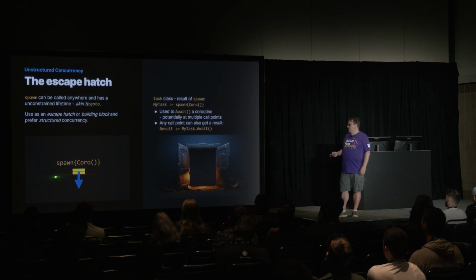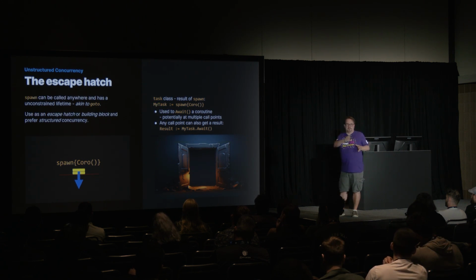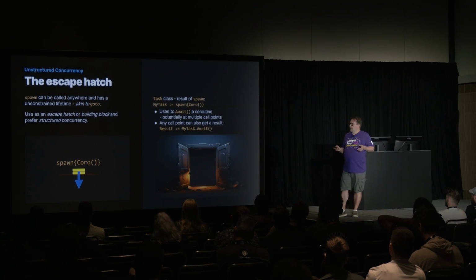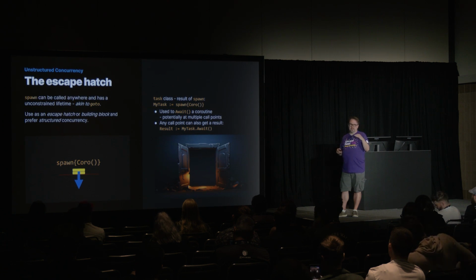Anyway, if the scope that you're in has ended, it doesn't matter. It keeps on going. The other thing that's interesting about spawn is it returns a task. We call a time flow path a task. So it returns one of these task objects to you, and it's got an await command on it. Even though you've launched it and it's going to take however long, you can, at any other point in the code, say task.await, and it will sit there and block and wait until it's finished, and then it will go to the next line.